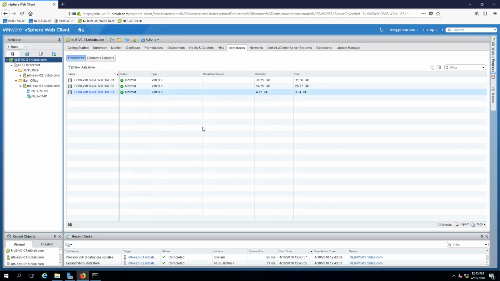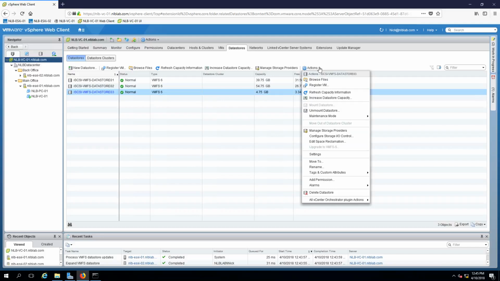So from the same page that we are on at the moment, we can do several actions with the actual data store. We can unmount the data store if needed, or we can delete the data store. If you unmount it, the data store will not be visible, but the data will be retained on it. So it's always a good idea to try to unmount a data store before you click delete, because if there